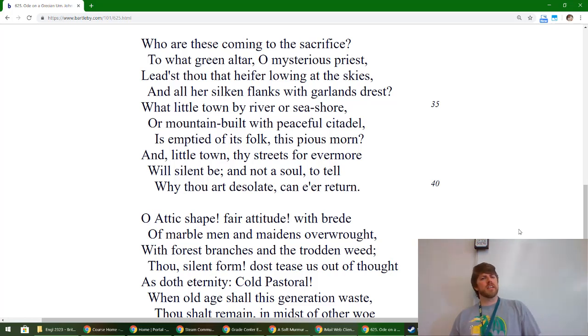And it says here, interestingly, what little town by river or seashore or mountain built with peaceful citadel is emptied of its folk this pious morn? And, little town, thy streets forevermore will silent be, and not a soul to tell why thou art desolate can